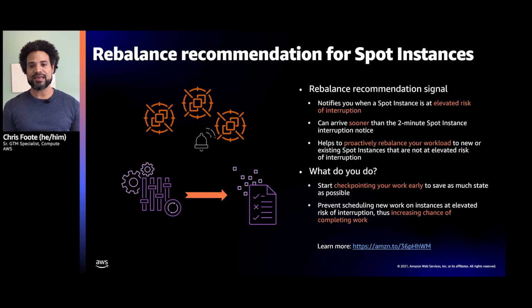In addition, it's going to wait until the new instance passes health checks, and then it will go through all the lifecycle hooks for tearing down the old instance and spinning up the new one before the old instance is removed from your fleet. So there are more options today to mitigate any chance of interruptions, as well as prepare in case interruptions occur. And you have more flexibility now across what kinds of workloads can leverage Spot.